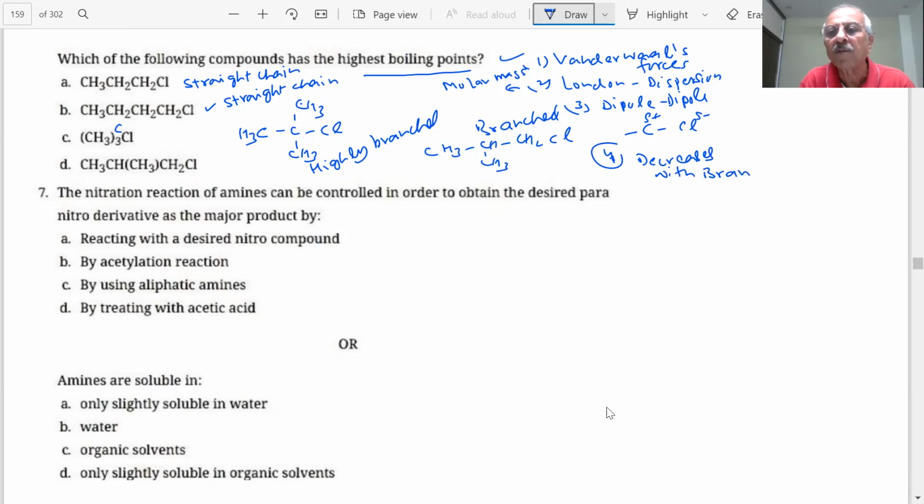We know how to answer this question. It decreases with branching because the surface area of the molecule decreases. So this will be the answer, student. 1, 2, 3, 4 carbons, straight chain, and all others have 4 carbons, but they are branched. In the branching, there will be a decrease in surface area of the molecule. Van der Waals force will decrease. Answer is B. So note down, students. 1 or 2 questions are given on boiling point or solubility in water in the paper every year.